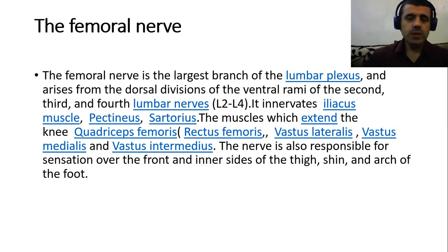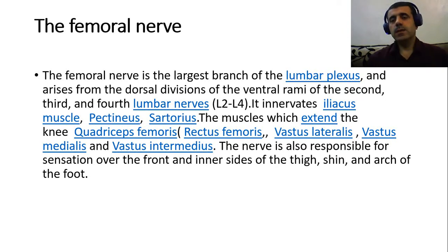Previously, we said that the lumbar nerve roots and sacral nerve roots that come out from the spinal cord unite in the lumbosacral plexus, and then they redistribute into the peripheral nerves,